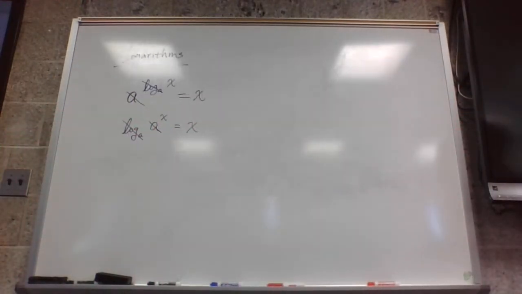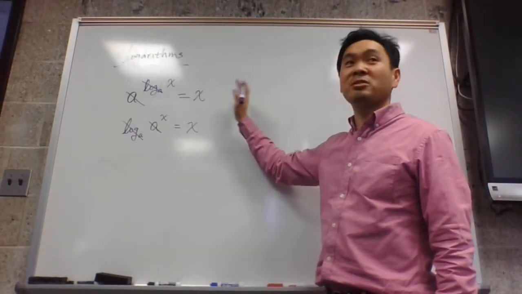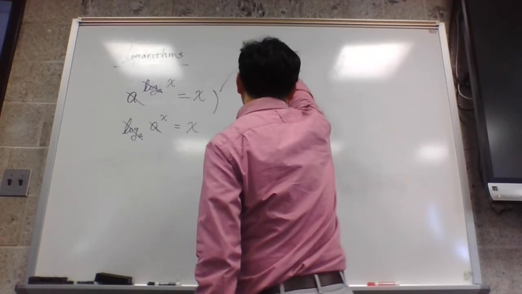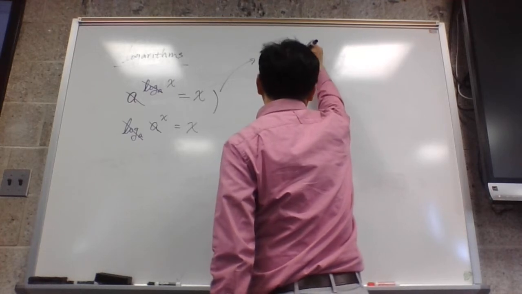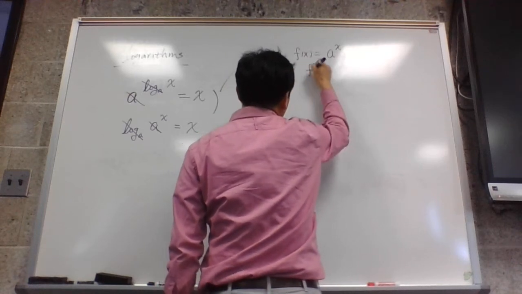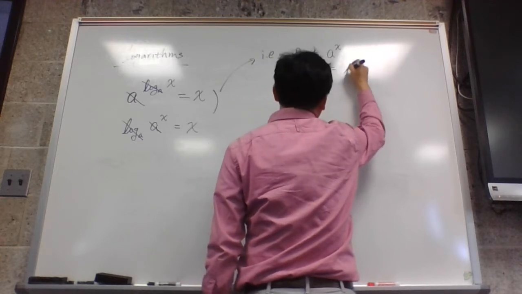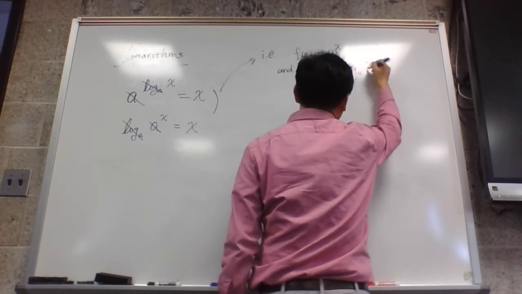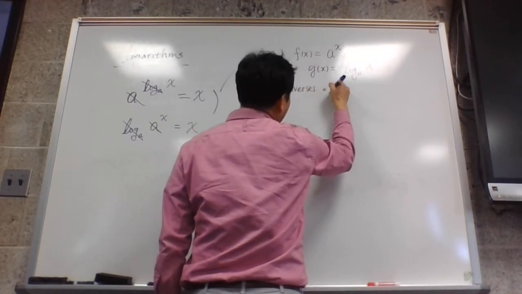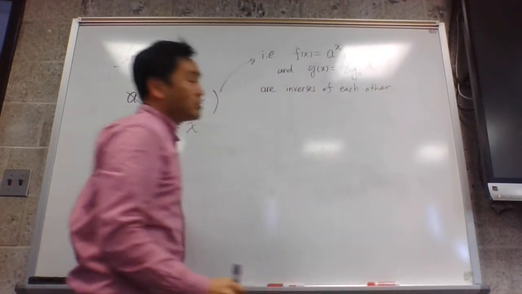A little bit of word about where this definition comes from. All it's really saying is, i.e., f of x equals a to the x, and g of x equals log base a of x are inverses of each other. Because